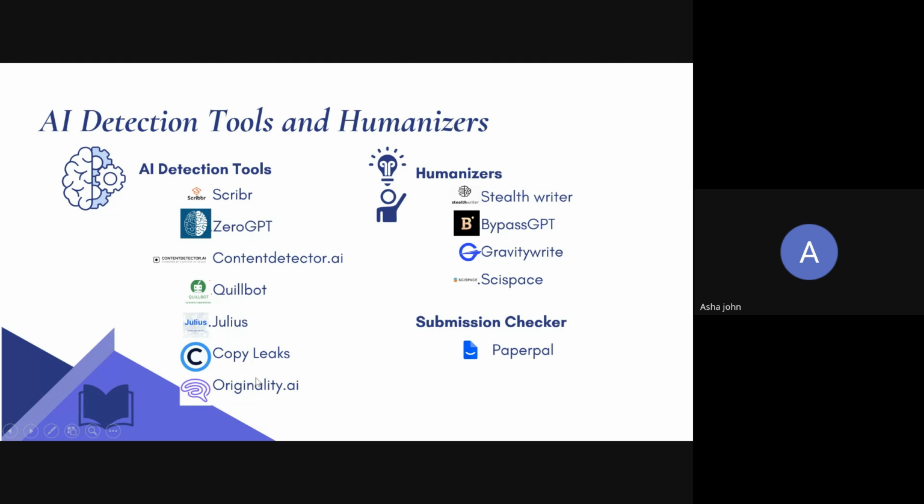So we will see there are AI detection tools and humanizers. You can see lots of AI detection tools are there. So let's try each and every one of the AI detection tools and understand how these tools detect the AI. Whatever we generated just before, will it detect some kind of AI? So if you humanize it, will it detect again? Let's just try that. So first is Scriber.